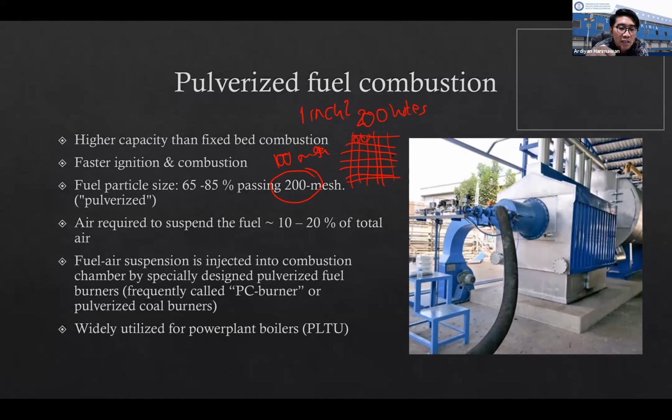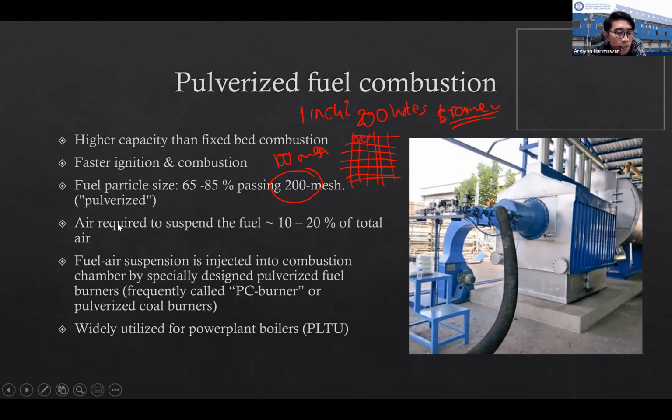It's the strainer, saringan. So 200 mesh means 1 square inch will have 200 holes. So that's around the size. Later you can check on Google or in textbooks what particle size 200 mesh represents. So the fuel is pulverized into this size, and then